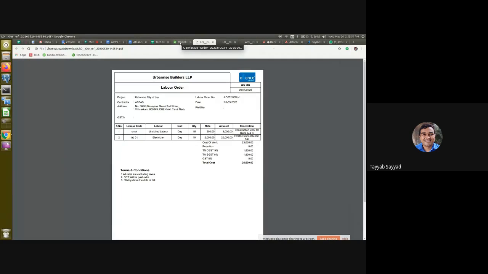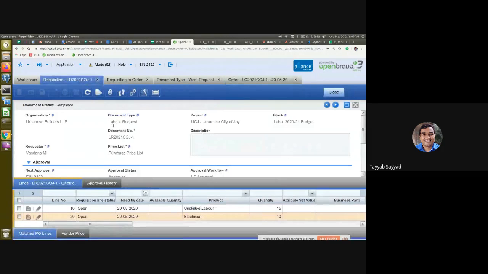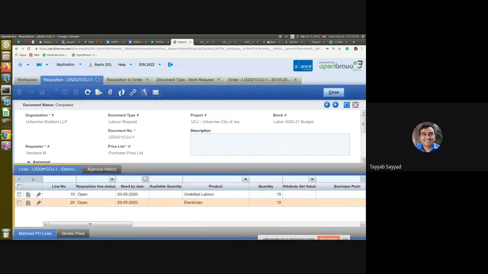So this will be the process of labor order, where in the requisition screen, I select the document tab as a labor request. I selected the project and selected the lump sum block of the labor. Based on that, I added the created request for the labors, unskilled labor and electrician.